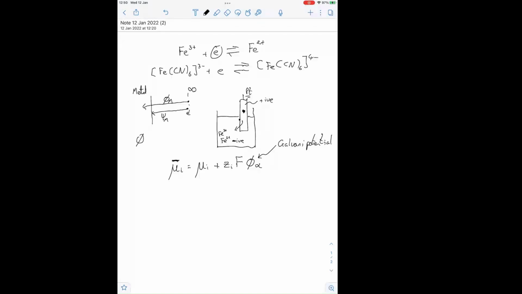So what I've got here is phi m, the Galvani potential, equals psi m, the Volta potential, plus the surface potential. That's the energy of taking the electron across that surface interface, which may have a dipole moment or something like that at it. I've pointed this out slightly because